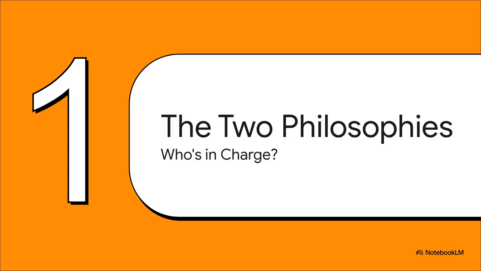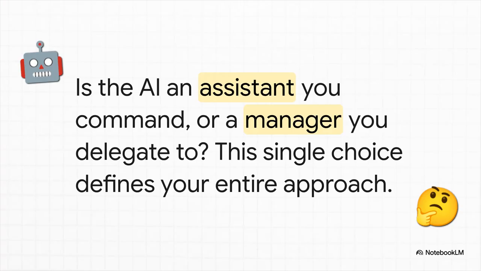So, as we start thinking about building this, we immediately face a really fundamental choice. And it all comes down to two main philosophies, which are basically about one thing. Who's in charge here? Think about it like this. Are you hiring an assistant that you need to micromanage, feeding them every single piece of information step by step? Or are you hiring a manager where you can just give them a high-level goal, a set of tools, and then trust them to figure out the rest? This one distinction, it defines everything that comes next.